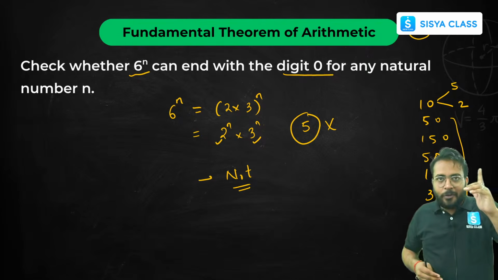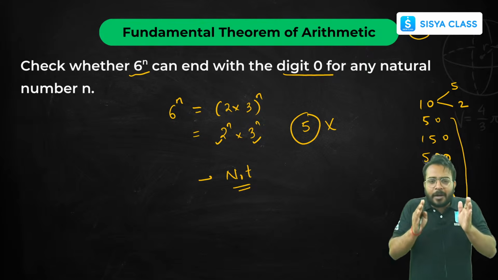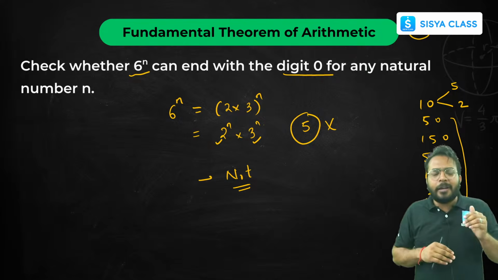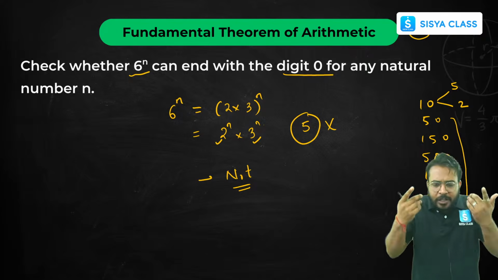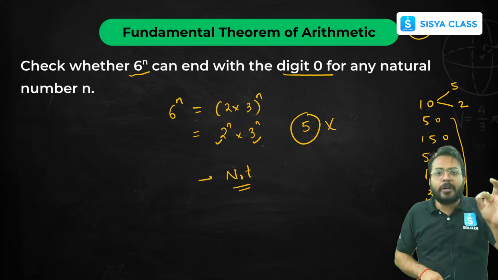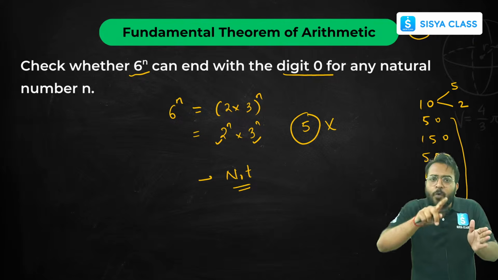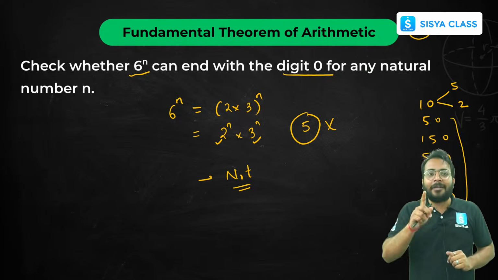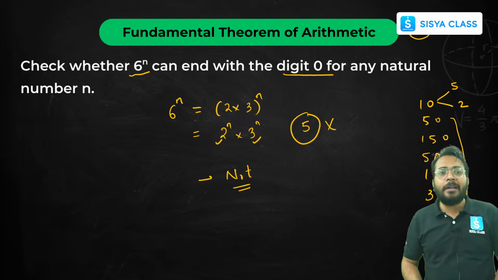Understood? In the examination hall you have to write this. So any number ending with 0 is definitely divisible by 5. And here 6 to the power n can be written as 2 into 3 to the power n, and when I distribute this power, it can be written as 2 to the power n and 3 to the power n. That means whatever number is formed with 6 to the power n is going to have 2 and 3 as its factors, but 5 is not going to be in its factors, and that's why whatever number is formed with 6 to the power n